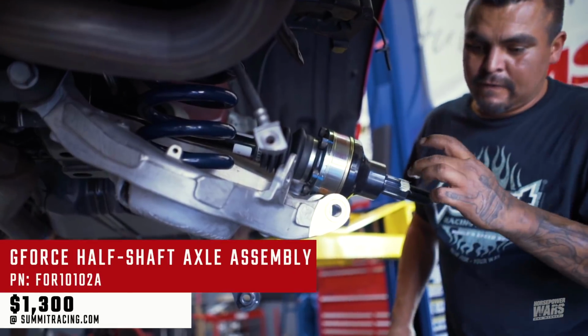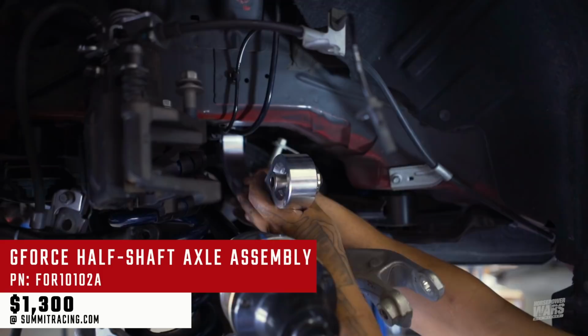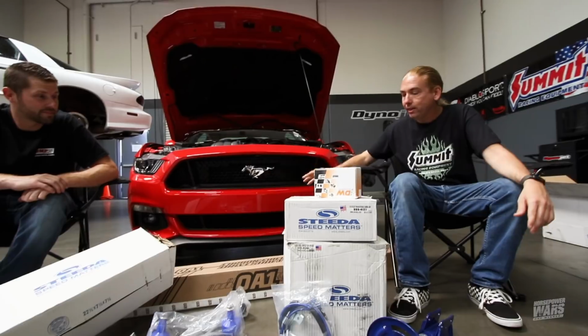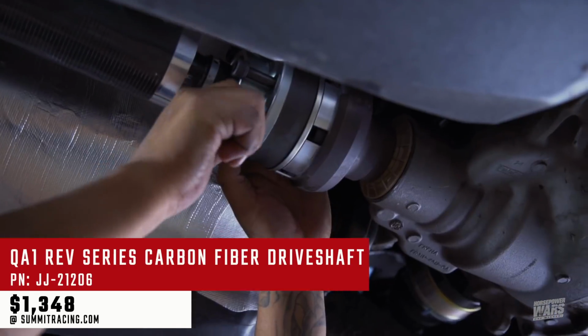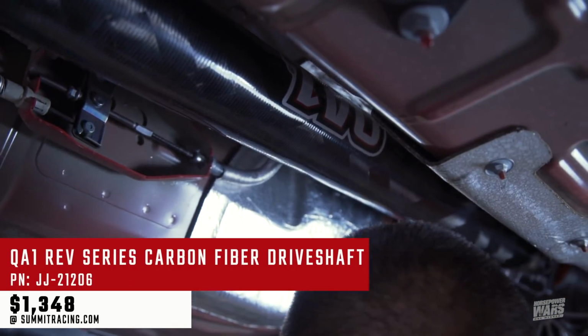So we're adding some GFORCE half shafts that are built to withstand this kind of power, and we're adding this carbon fiber drive shaft from QA1. We've got a combination built to withstand the power, to make the power, then we have to put the power